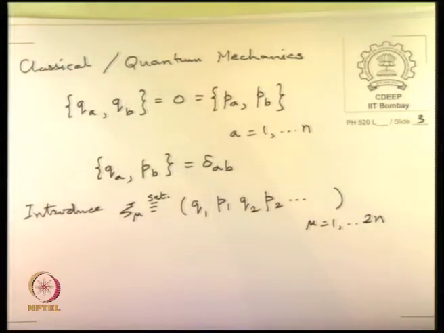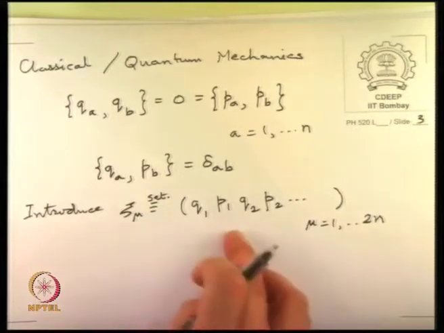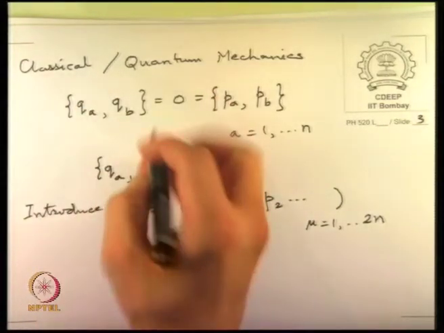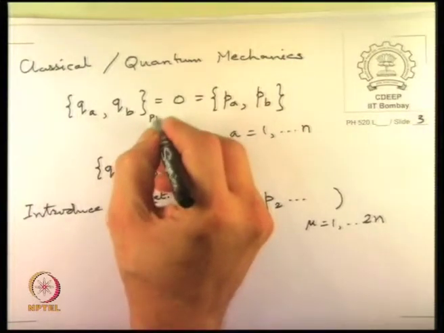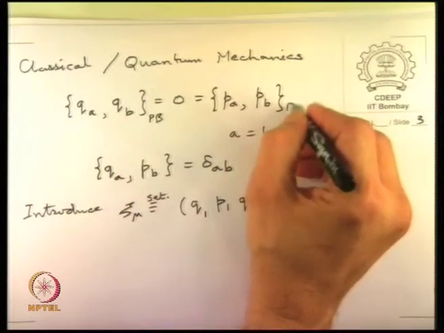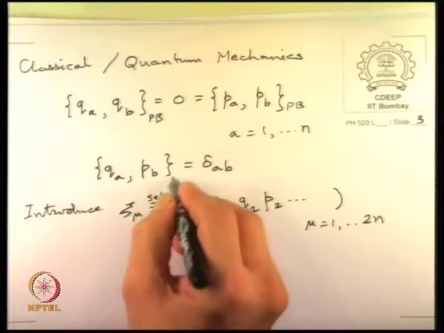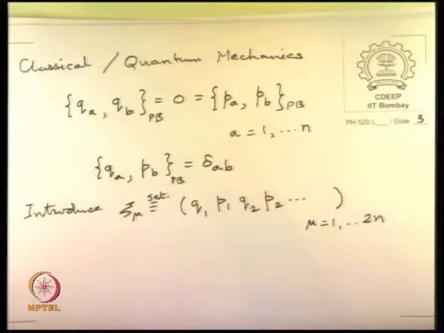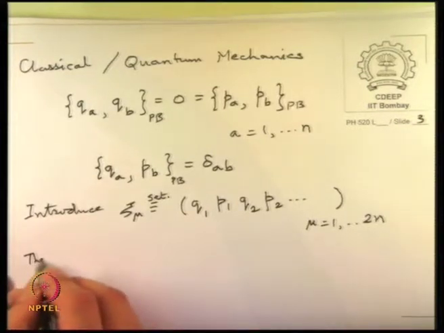So make these the new coordinates, Q1, P1, Q2, P2. Then essentially these Poisson brackets, so maybe I put here this for clarity, because curly brackets are used by a lot of people. So as Poisson brackets, the Poisson bracket relations